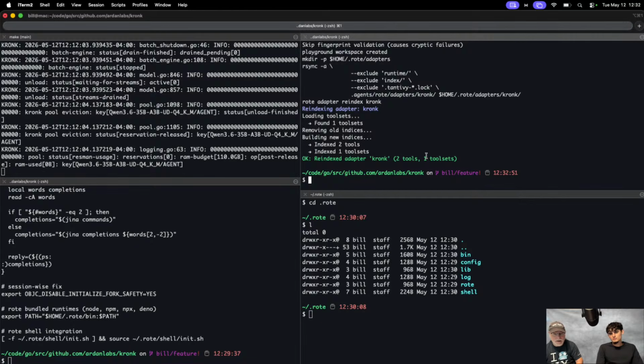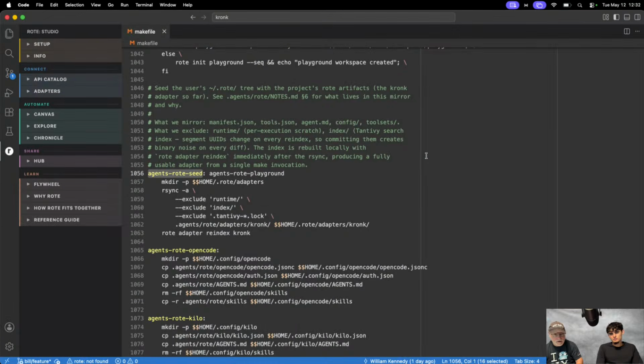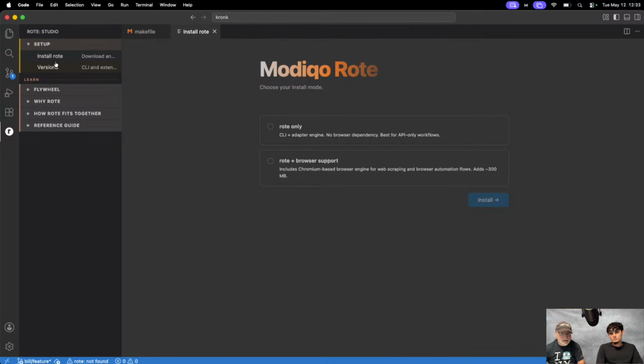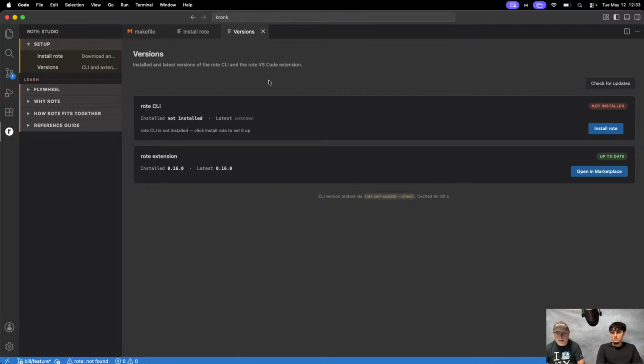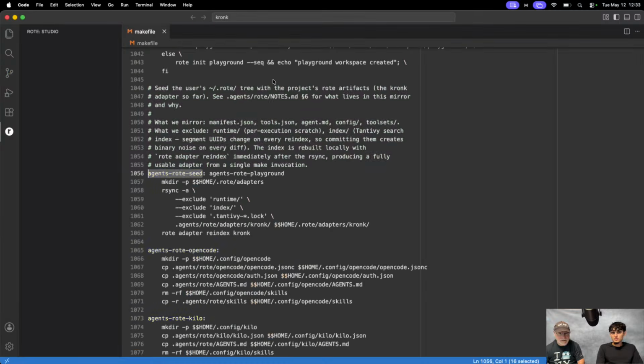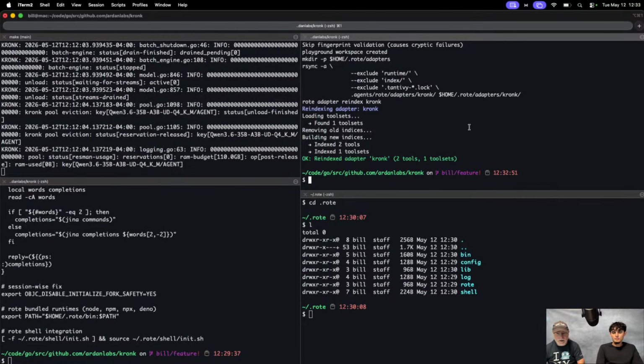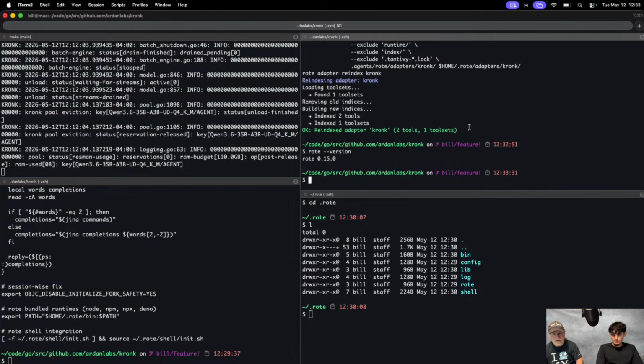Okay, so all those commands worked, right? So if I come back in here and do a reload, you can see this all changed a little bit, right? Yeah, no, that shouldn't. It says it's not installed. That's interesting. Rote not found. I find that super interesting because we know Rote is installed. Yep, there it is, 0.15.